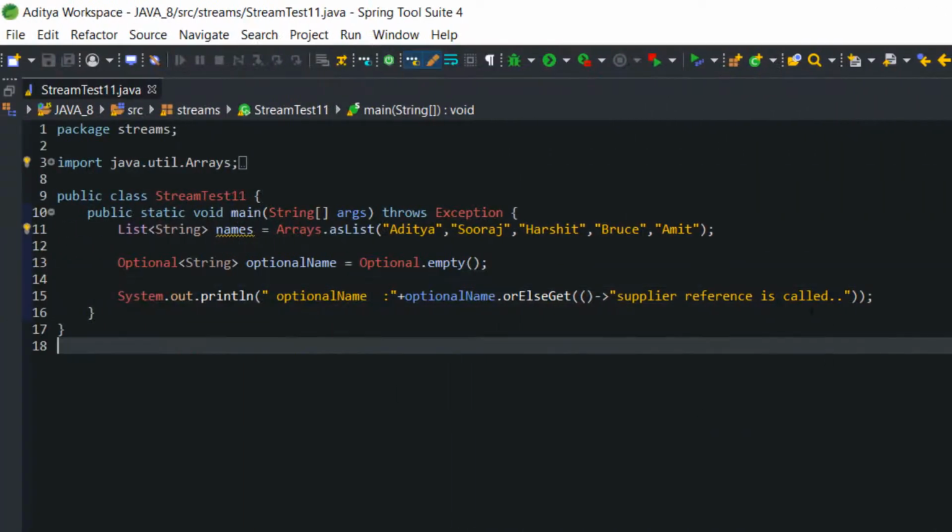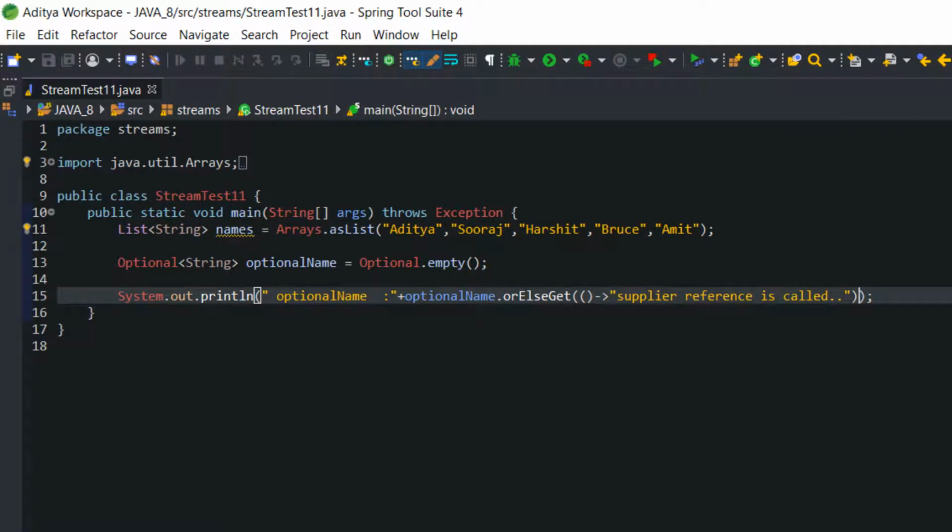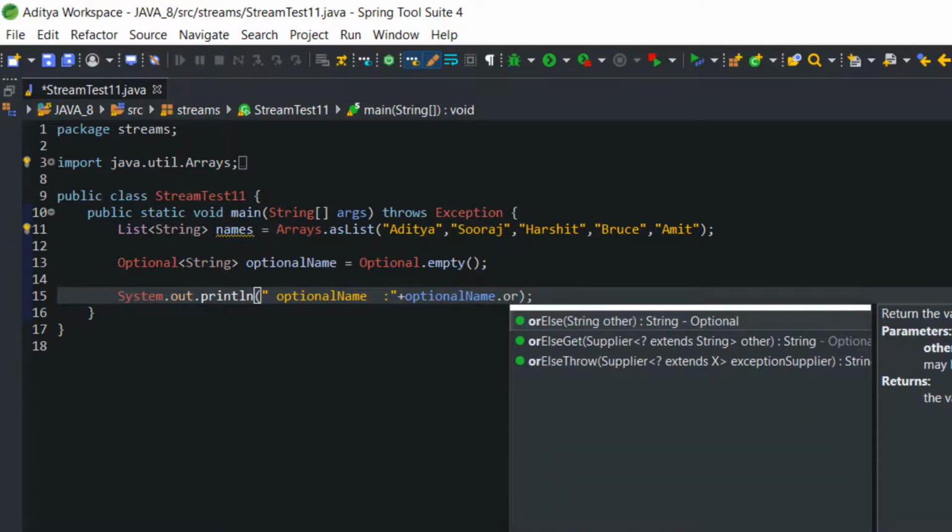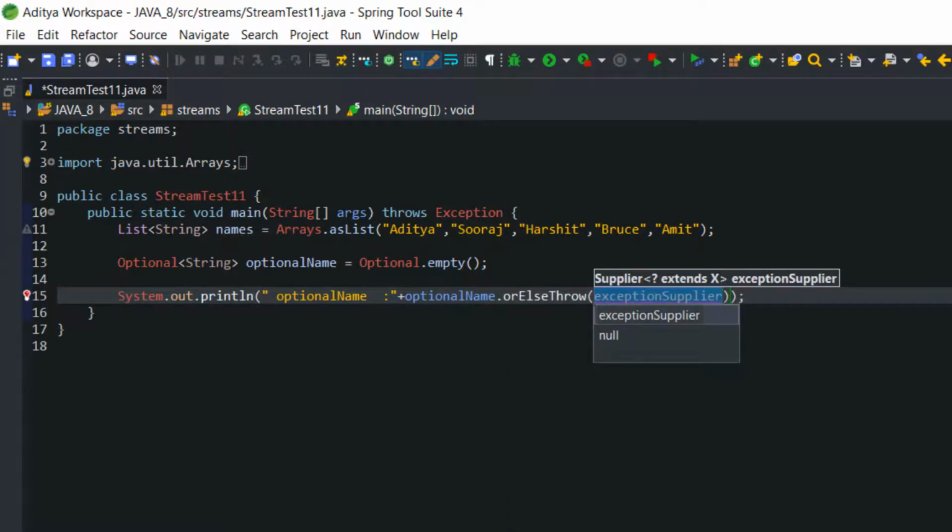Now another orElse method exists. That method name is orElseThrow. The name itself tells you that it will throw custom exceptions if you want to throw. For example, arithmetic exception, string out of bound exception, or number format exception, any type of exception you want to throw. If the data does not exist, in that scenario you can call a custom exception inside orElseThrow.